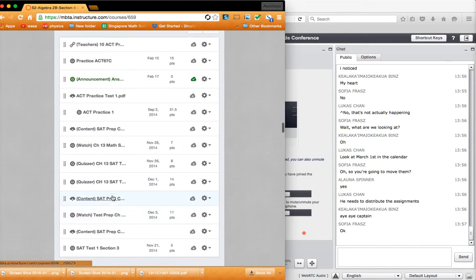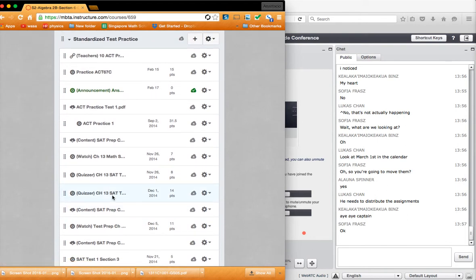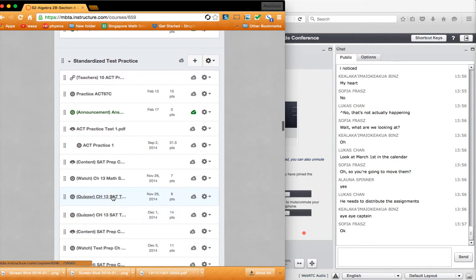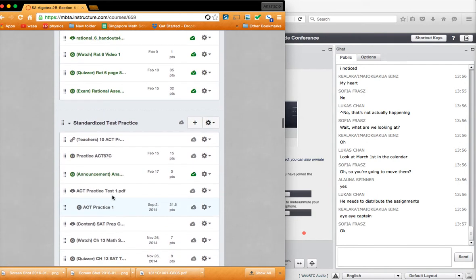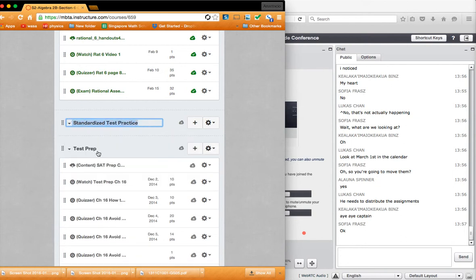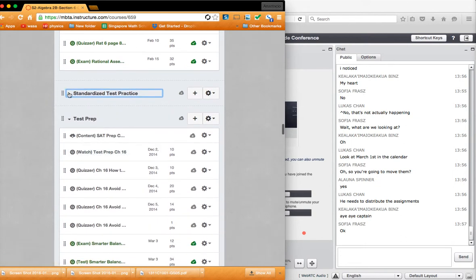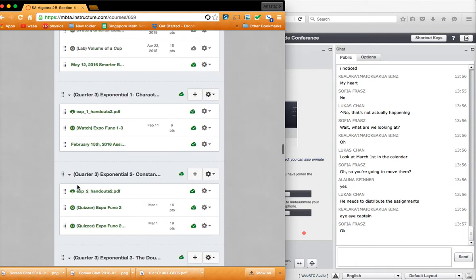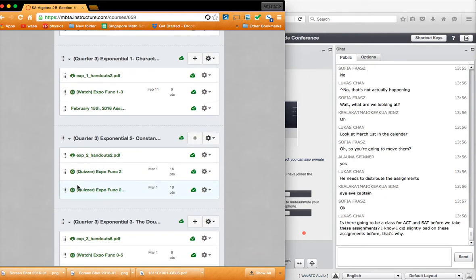And I'm going to make these tests worth less points than I normally make them, because I want you to take them, absolutely, but I want you to just feel like you can practice with them. So that's why what's going to come up is this whole section on standardized test practice. And I'm going to do this before we cover exponentials. The reason for that is because the ACT,